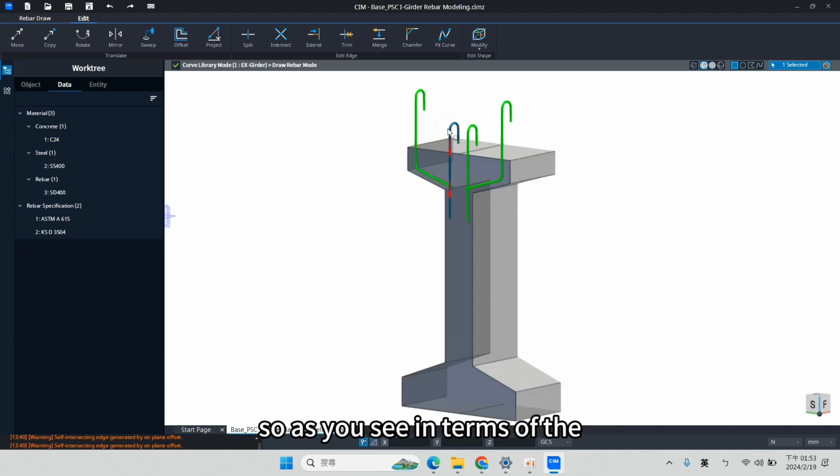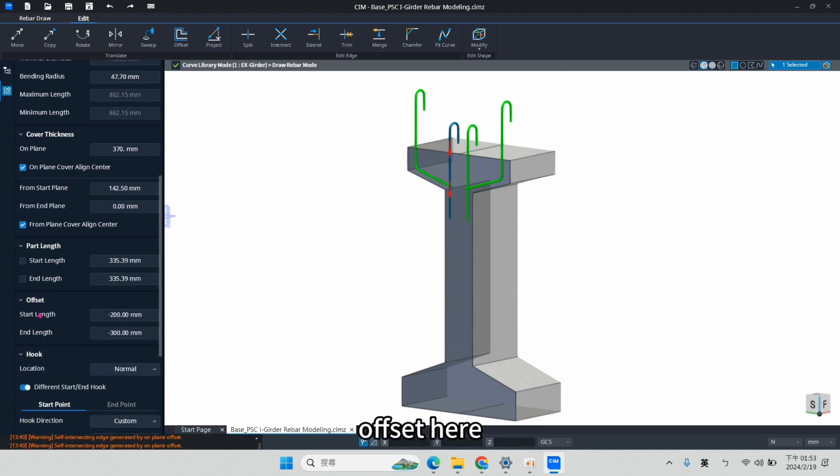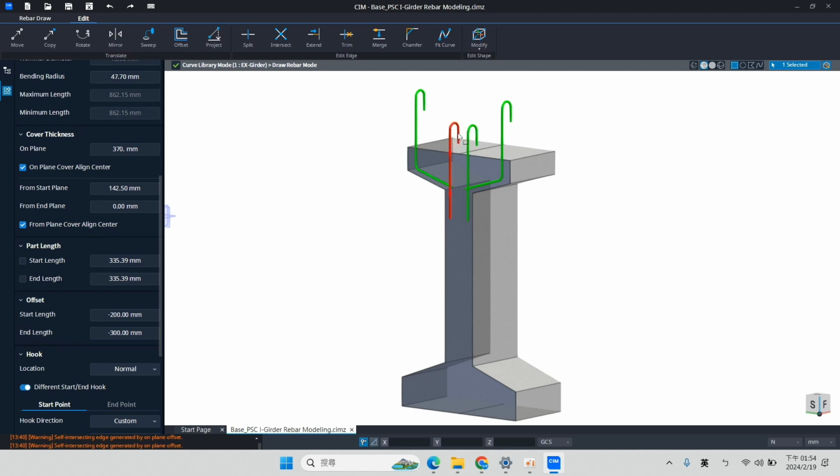In terms of the offset here, if you have different values on the start and end length, you have to keep in mind that this is not symmetrical.